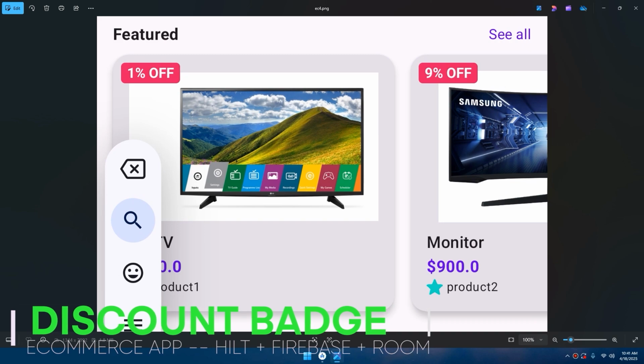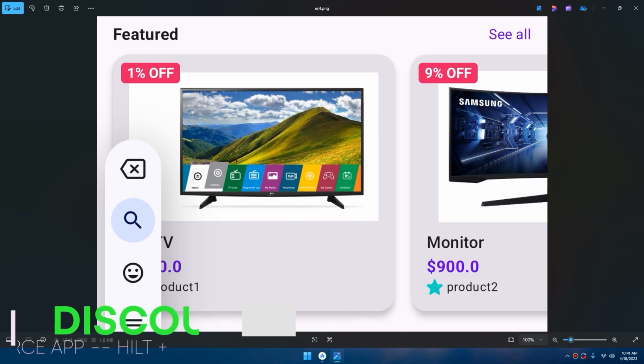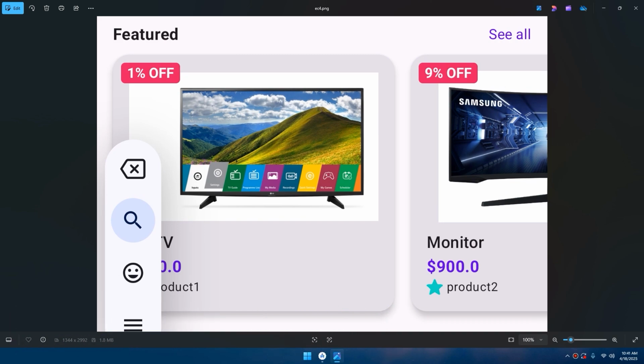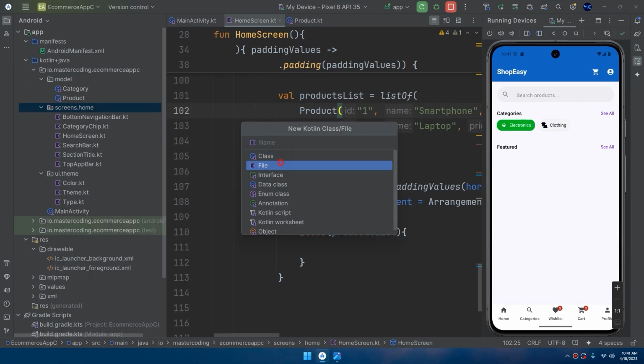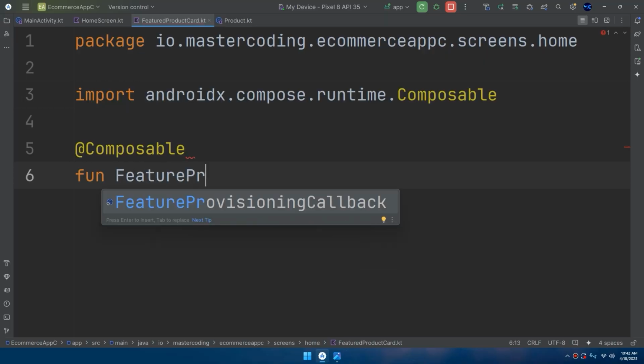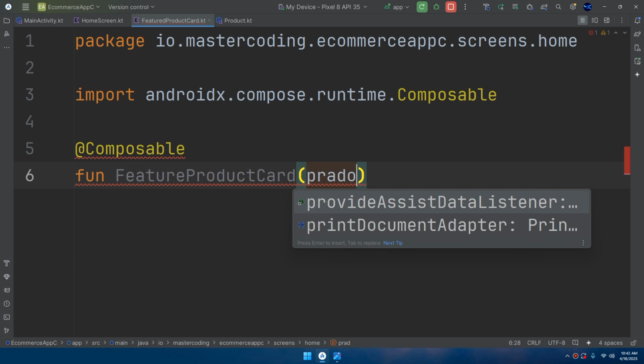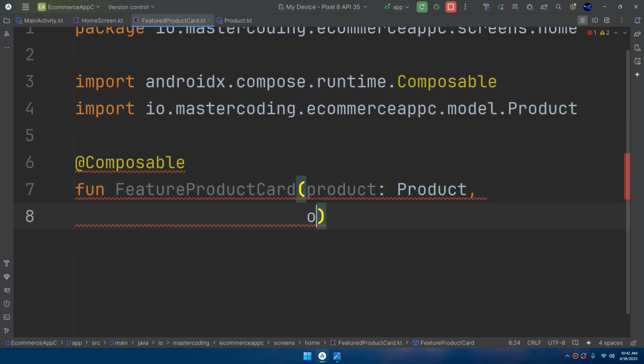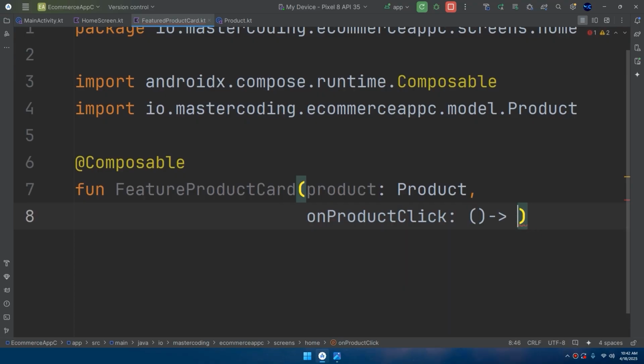Welcome back. Now let's design this composable that displays the featured product inside this card. So we have this card and this image, this badge, 3 text views, and 1 icon, which is for the star. For this purpose, create a new Kotlin file named featured product card. Let me create a new composable named featured product card. It takes in the parameters a product and on product click, which is a lambda expression for a later implementation,